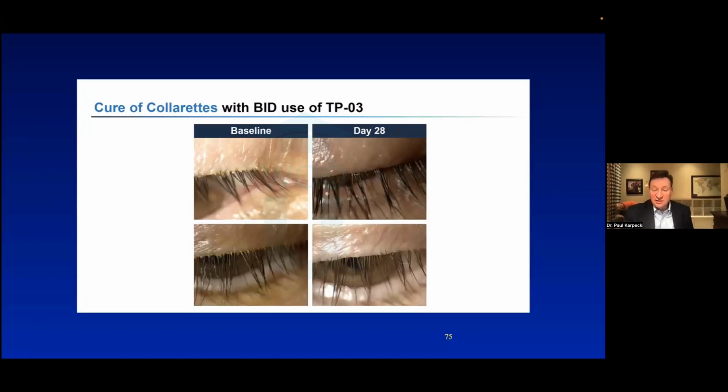And here's some of the study results in that patient population. A pretty typical response at day 28. Now, I find my patients, when I have them put the drop in the eye, it's supposed to be BID for 6 weeks. And I love the fact that it's 6 weeks. I tell patients, this is a cure. You don't have to stay on it like all your other dry eye medications. It is 6 weeks and you're done.